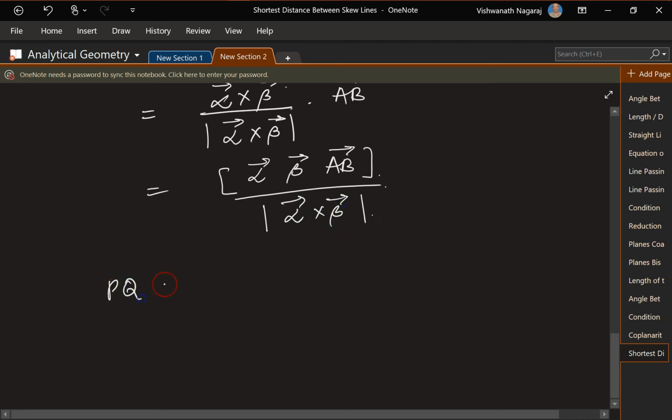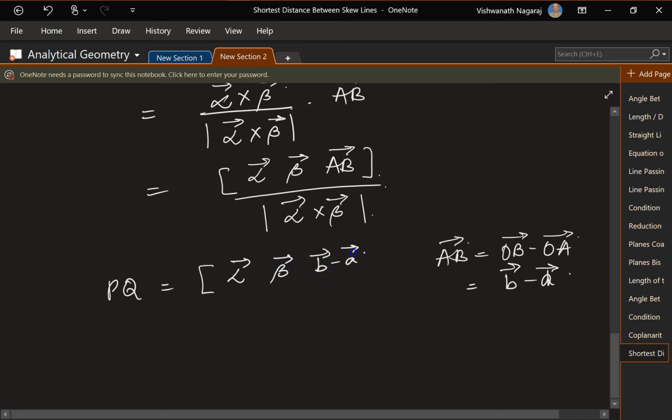So PQ would be equal to, now remember, AB can be written as OB minus OA, which is equal to b minus a. Our expression becomes [alpha, beta, b minus a] divided by the magnitude of alpha cross beta. Now let's look at